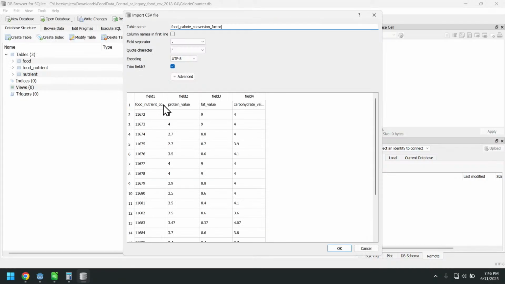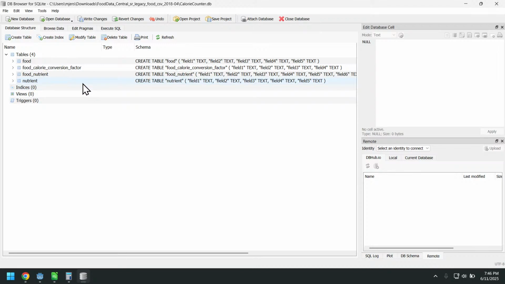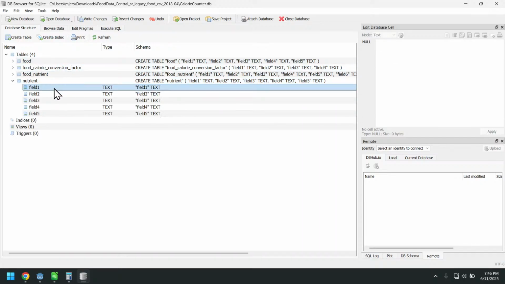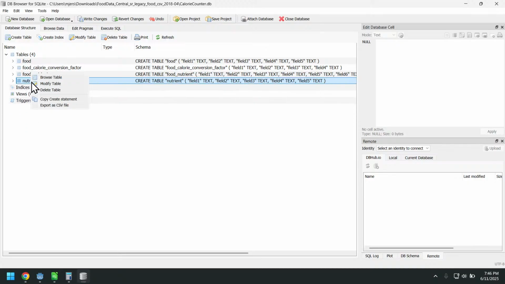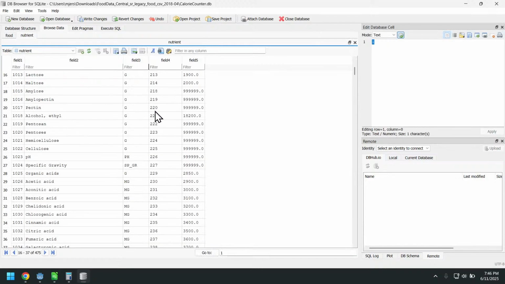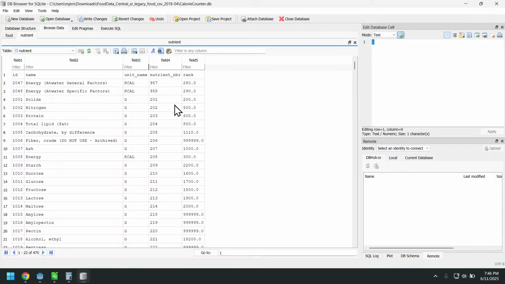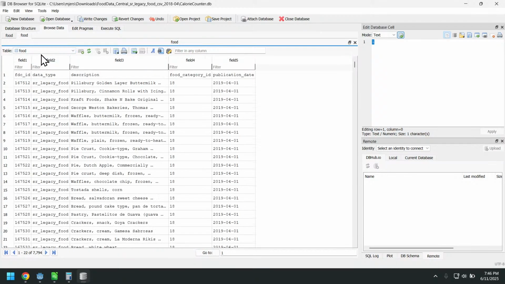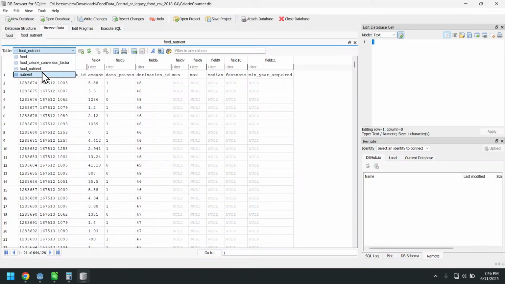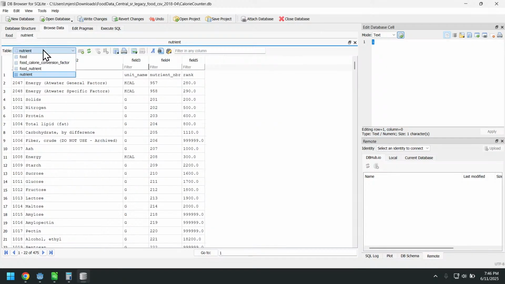I guess I'll have that. These are like the most important ones. Nutrient, nutrient,